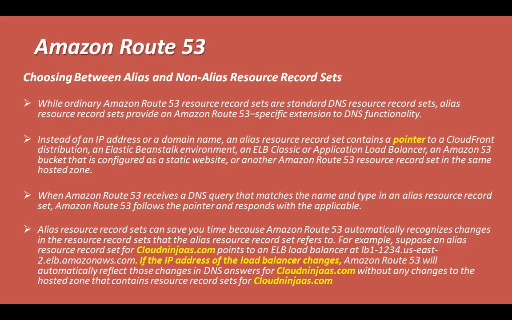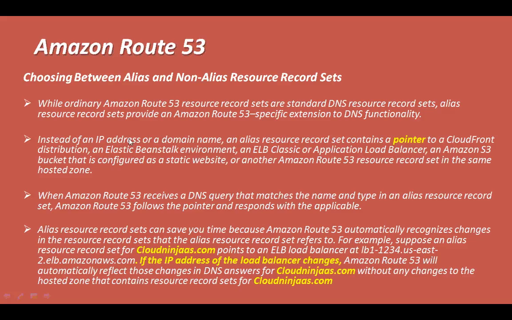Now the last thing we need to understand is the alias records. What is the difference between alias and non-alias record sets? Amazon says that alias records are pretty different from the normal Amazon Route 53 record sets, because they provide extra functionality. An alias record is not pointing any kind of IP address to a particular resource within AWS. It is just creating a pointer for that. You can see over here